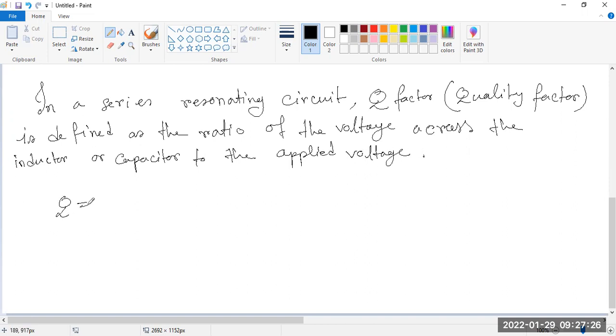So we can write Q of L equal to VL, the voltage across the particular inductor, over the input voltage,